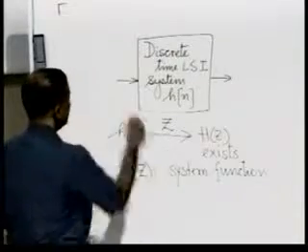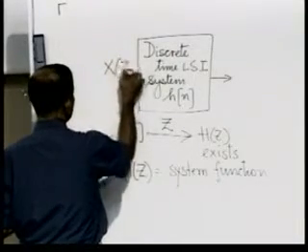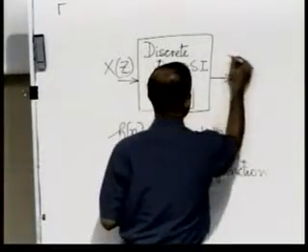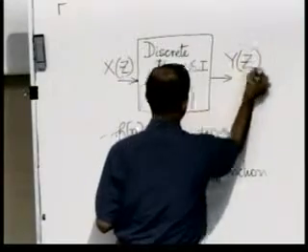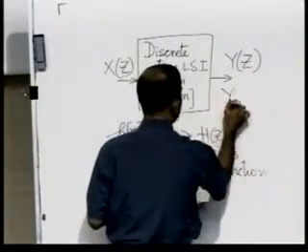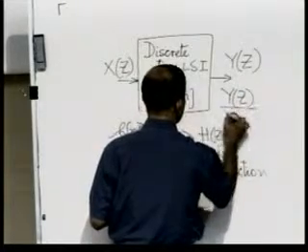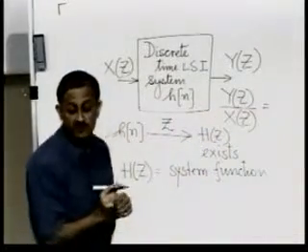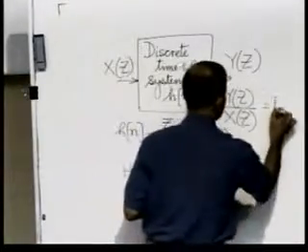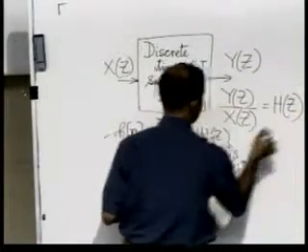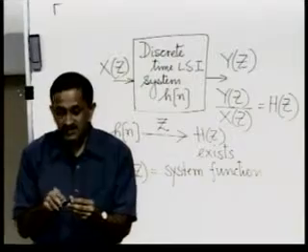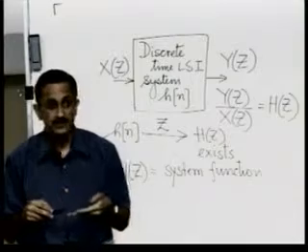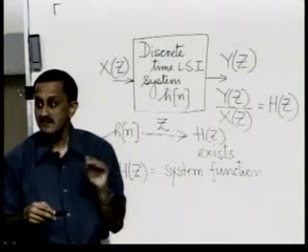And there again, if the input has a Z transform given by X(z), assuming the input has a Z transform, and the output has a Z transform given by Y(z), it is clear then that Y(z) by X(z) is a ratio independent of X, not independent of Z, and that ratio is H(z). What are we saying in effect? The system function is the ratio of the output Z transform to the input Z transform in a discrete time LSI system